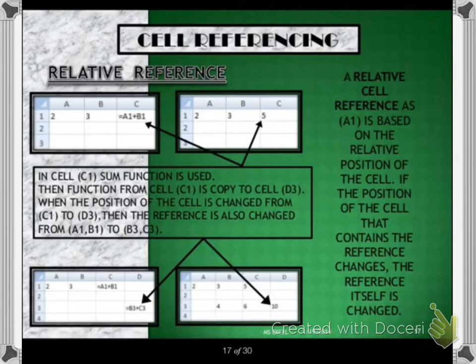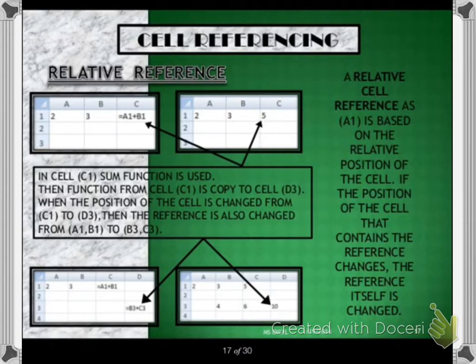Now, very important, cell reference. I already told you cell reference is the unique address of a cell, or the ID of a cell. Now, what is relative cell reference? Relative cell reference points to the current position of the cell address.